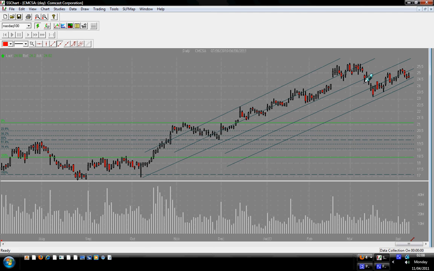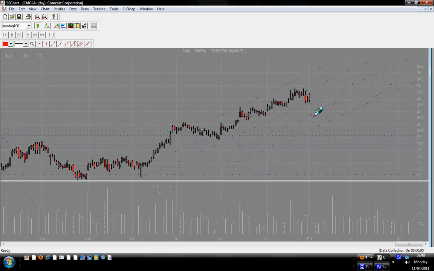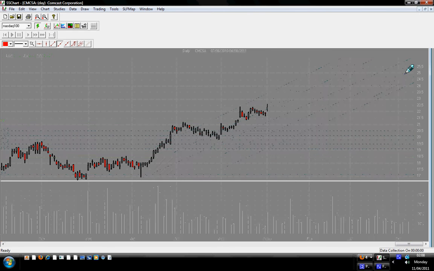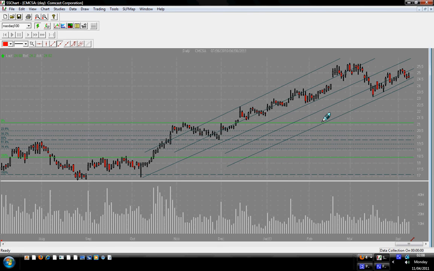Okay, I believe this is what has happened here. People were selling when the market was still going up, and this is what has happened. So you do not want to trade against the market. The best thing to do, if you see the market going down, you are busy looking for candidates to sell. If you see the market going up, you are busy also looking for candidates to buy.